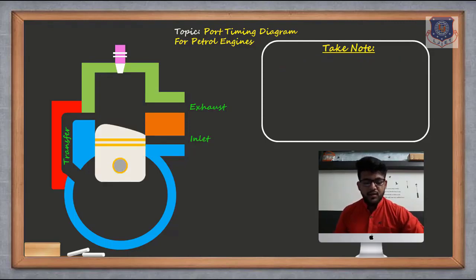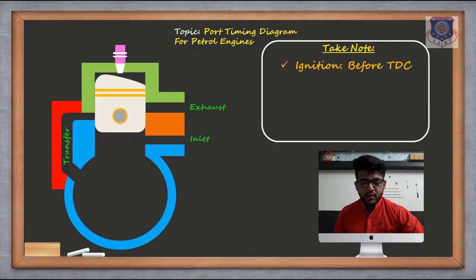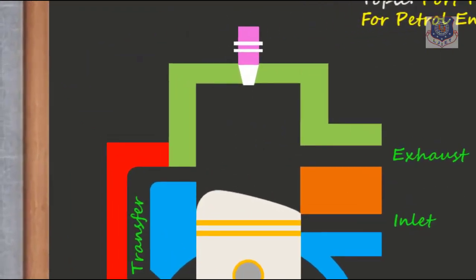I'm repeating again. The piston moves from BDC to TDC and the spark is done. But see clearly with focus, the piston reaches TDC, and before reaching TDC the spark is done. See now clearly, when the piston leaves from BDC there is nothing, but when it is about to reach TDC, not exactly at top dead center, the spark will be done, and when it reaches TDC, the spark will be completed. Fine.